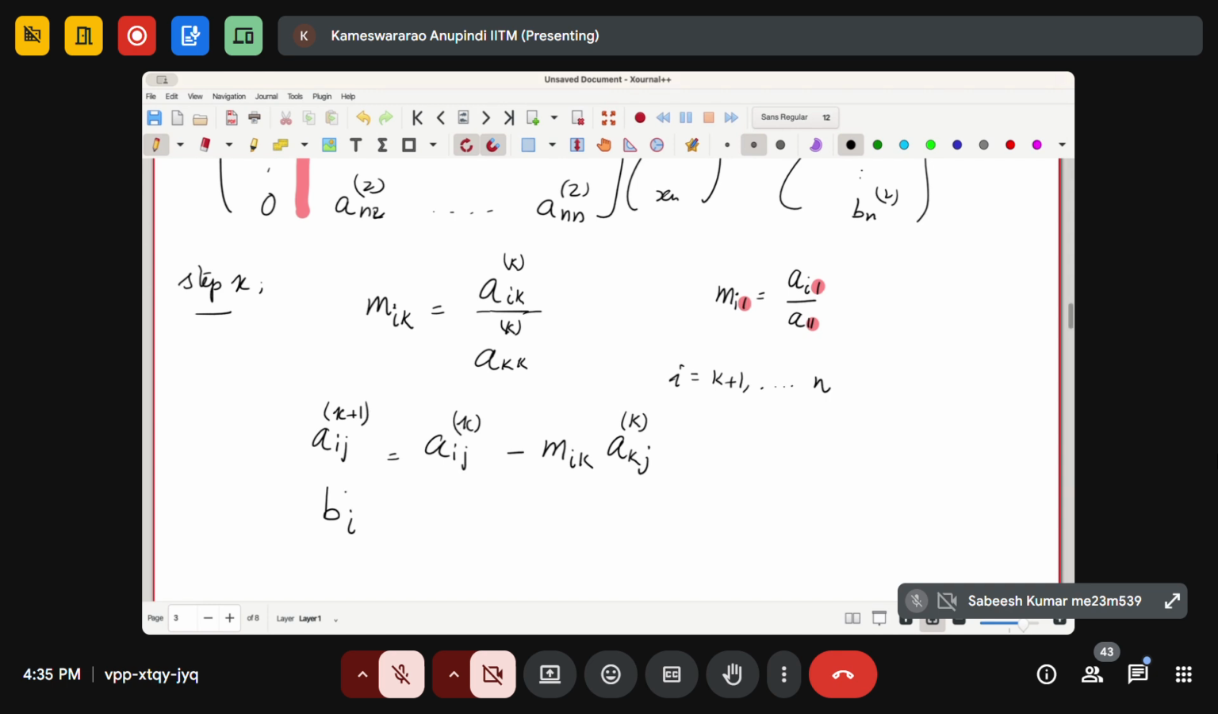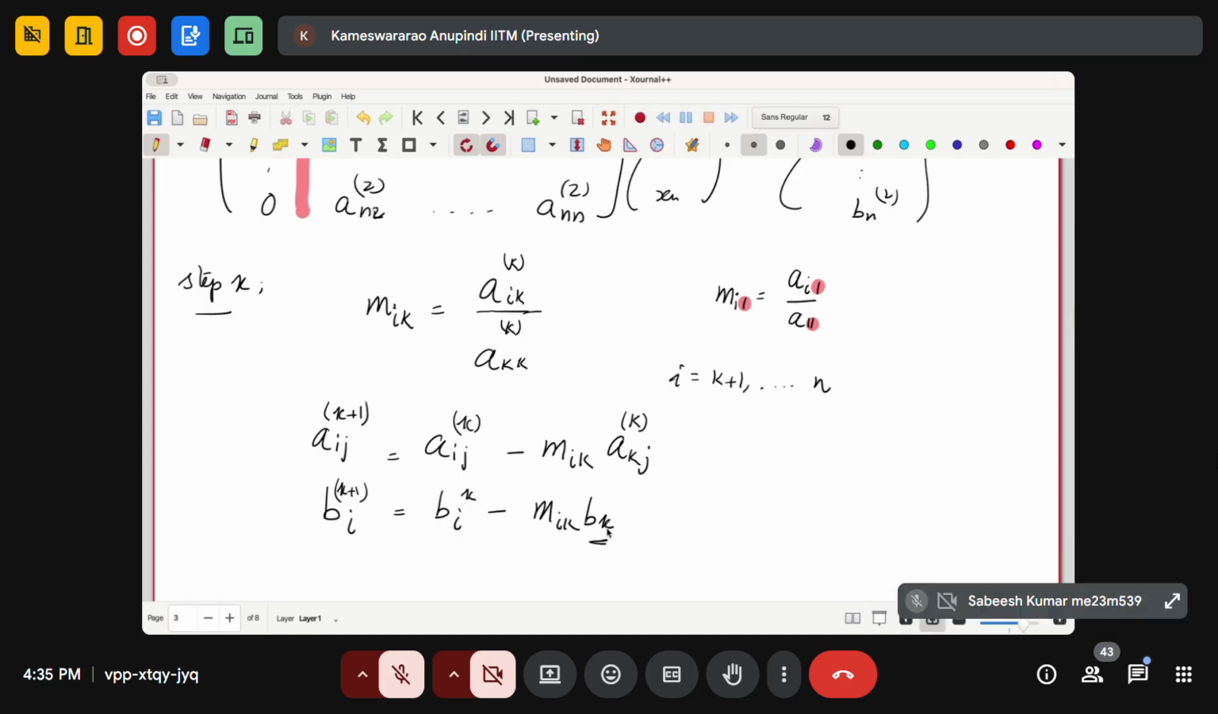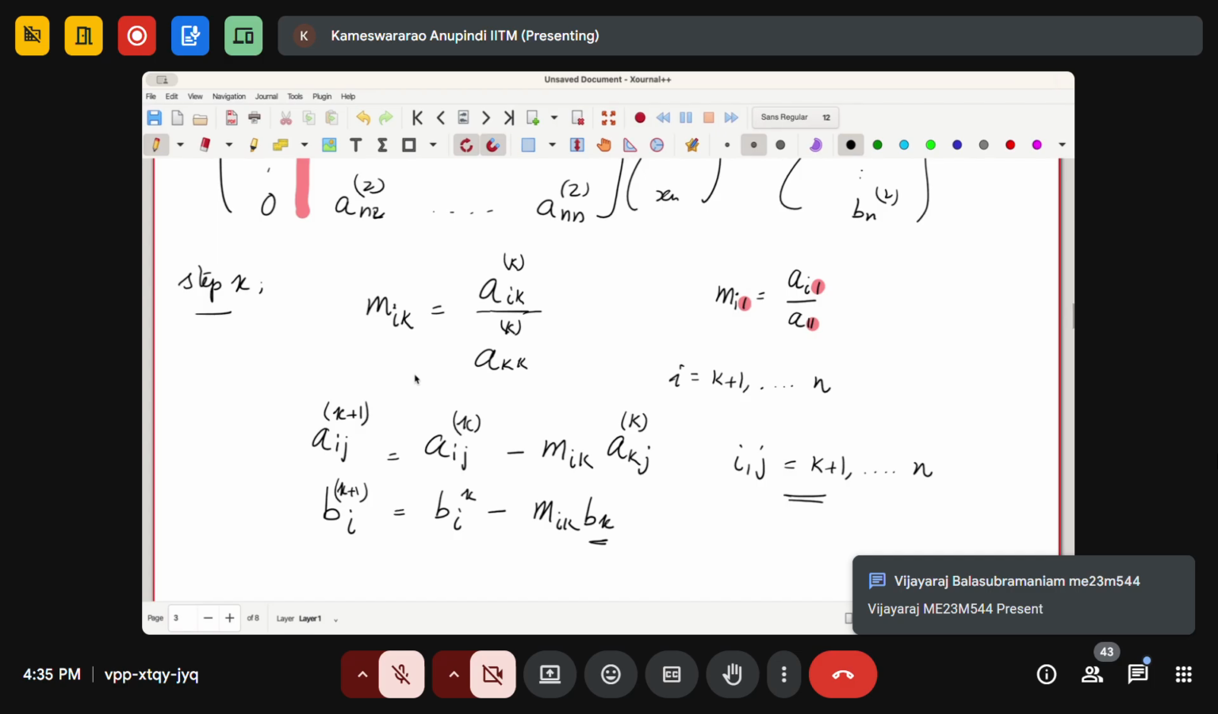Similarly, my b, which is the right-hand side, will get a new value at k plus 1. This is going to be bi^k minus mik and then bk. I should multiply with bk, that is the pivot row element on the right-hand side. And again, my i and j will both go from k plus 1 all the way to n. So whatever ij I have written, they run from k plus 1 to n. That means you go from one row below, you modify, and then from there you modify to the right-hand side. That is because everything below k will become 0. Everything below k will become 0. So from k plus 1 on,